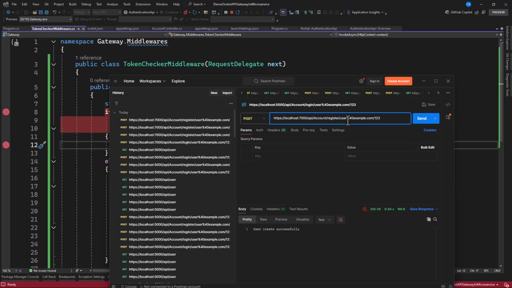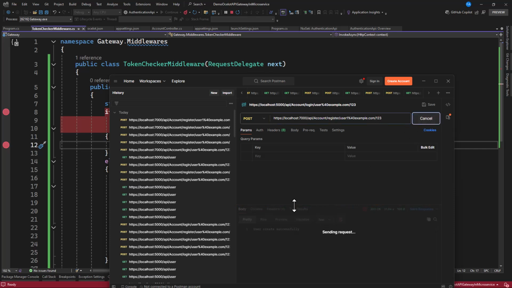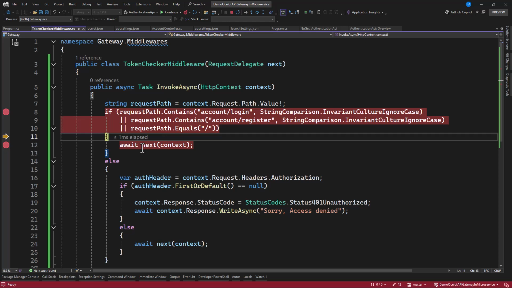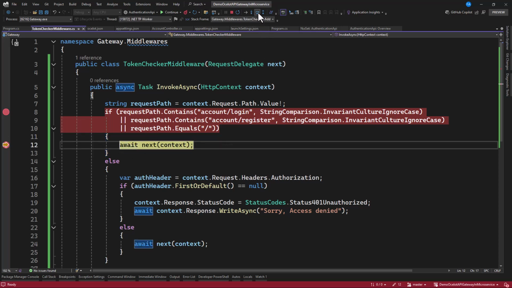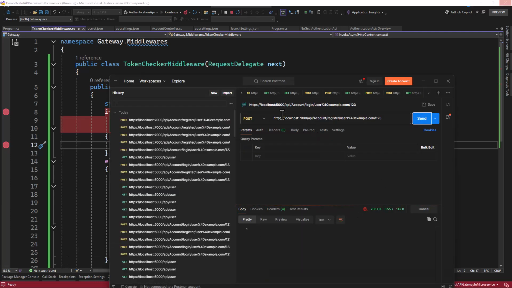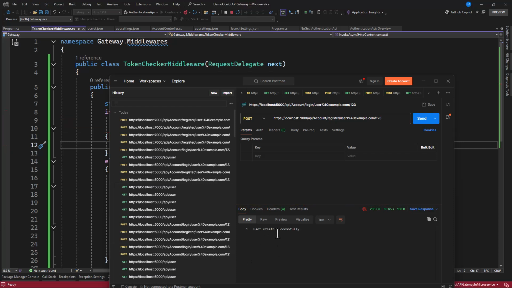So we can just add user 1. Then click on send. Now let's wait and see. Breakpoint is hit. Request, and now it is this user 1. And now let's see, so you have it in here. If I click on step out, you see it's going to execute this. And now this is also created. We are waiting for the response. And now we have this user also created.